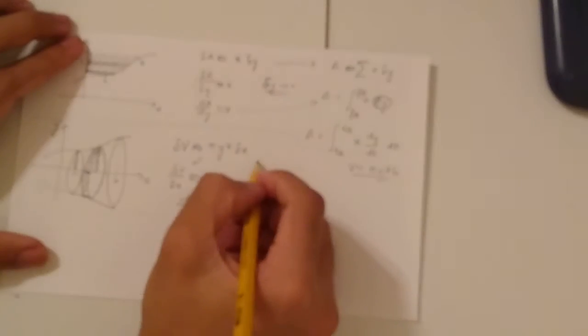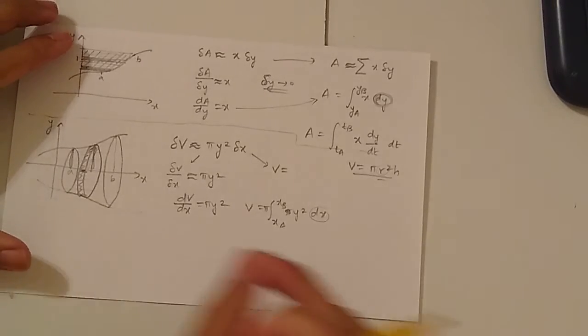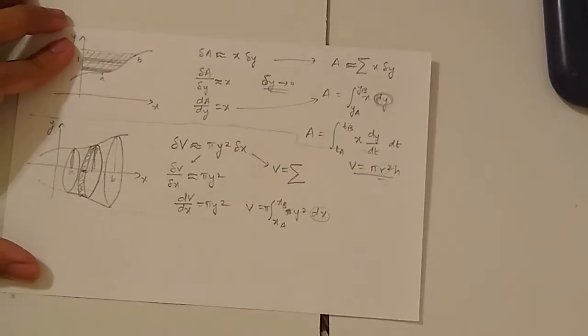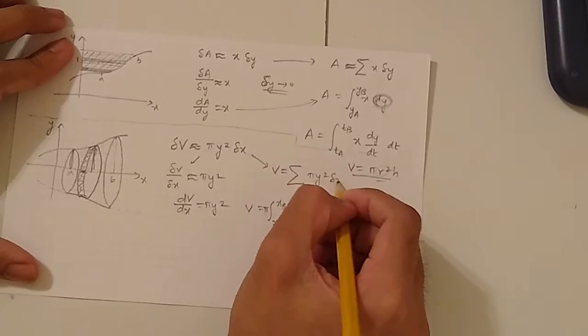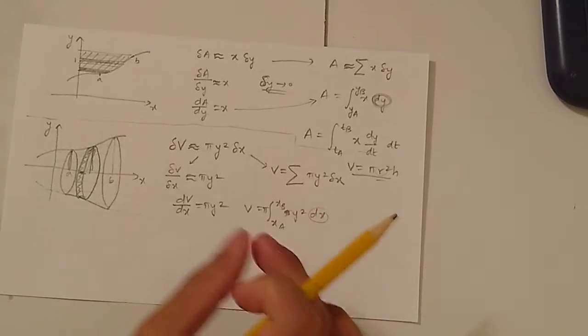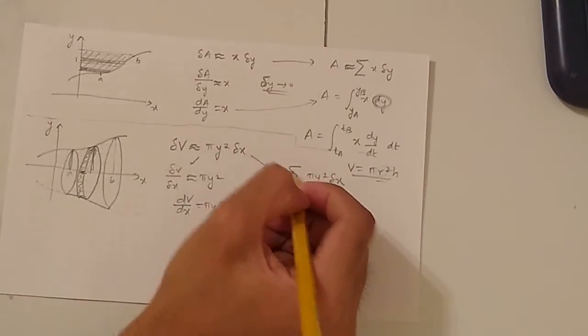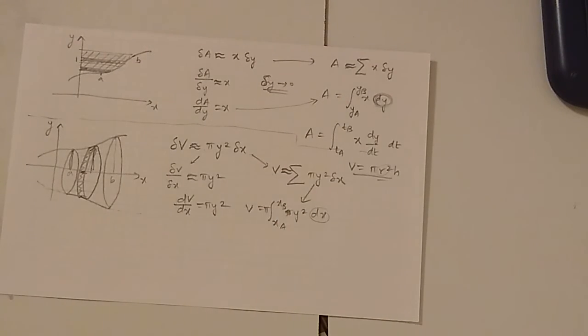On the other hand, you could also say that the overall volume is the sum of all these small cylinders, and the small cylinders are pi y square delta x. So if we sum up all the pi y square delta x, we get V. Again we are applying the same concept: the thinner the cylinders are, the more accurate this answer is going to be. As delta x tends towards 0, we end up at the same answer. V is equal to pi times the integral of y squared with respect to x from xA till xB.